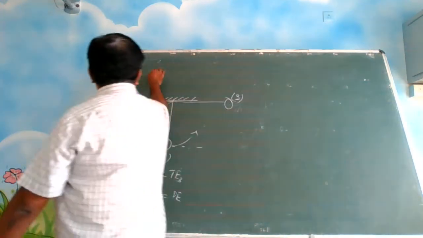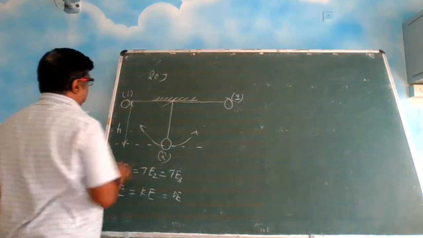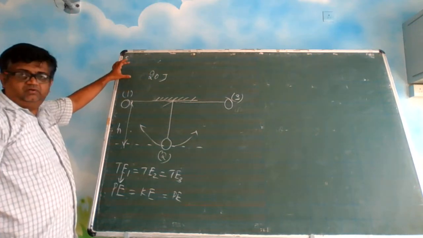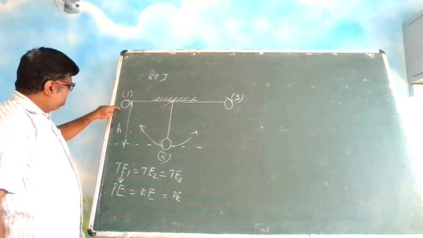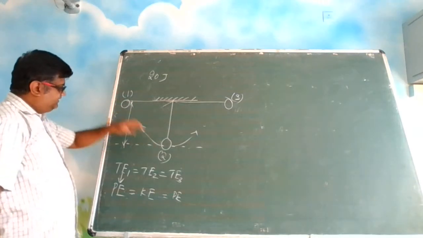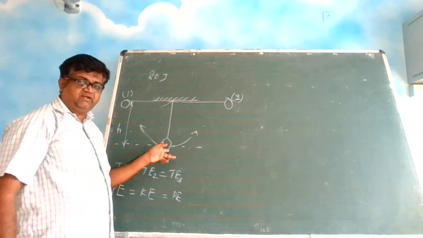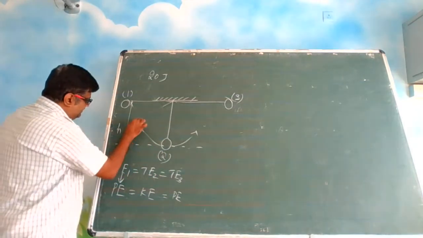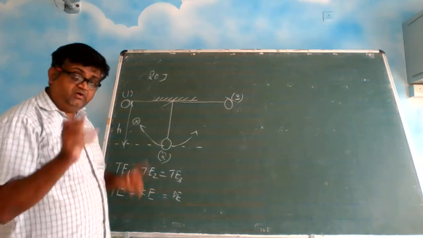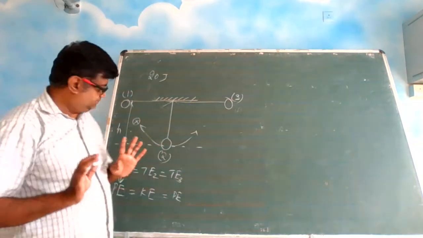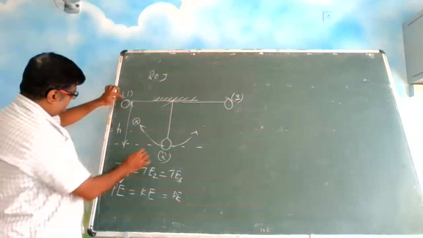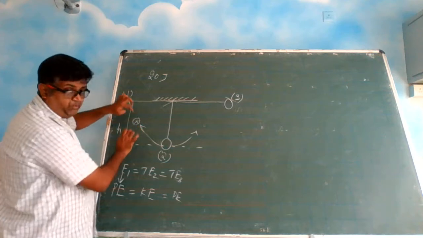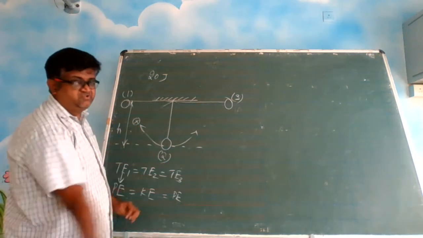Let us say the total energy was 20 joules. At some point, the maximum potential energy is 20. At that position, the kinetic energy is 0. At some point, the total energy is total kinetic energy. At that point, potential energy is equal to 0. If you take any point in between, it will have both potential and kinetic energy. If I take a point in between, this is one maximum, this is one minimum.